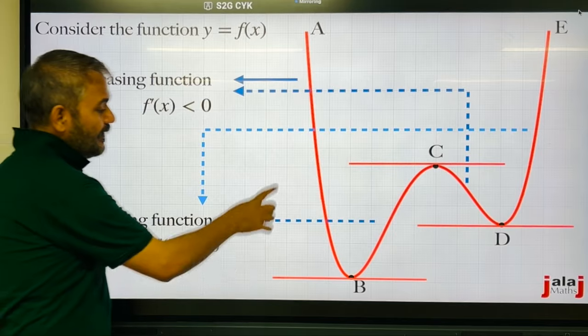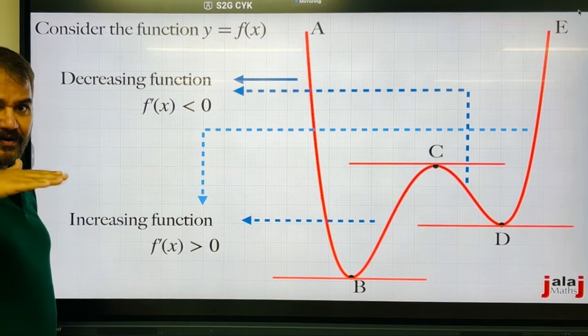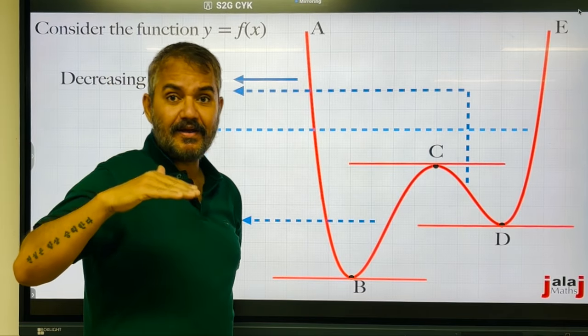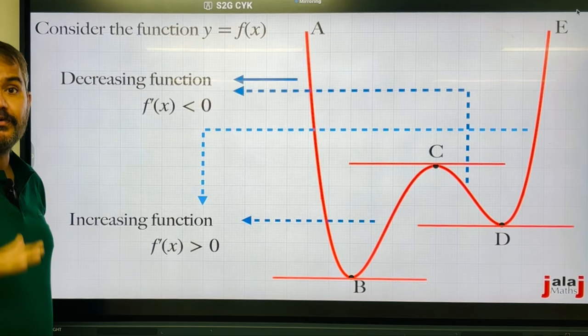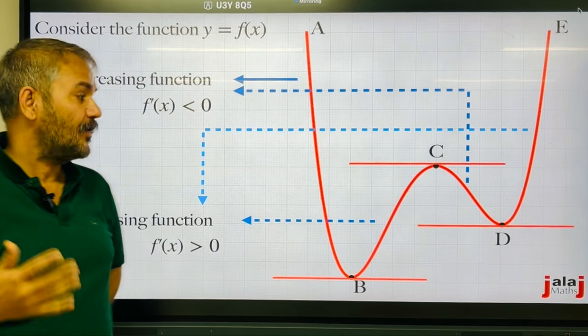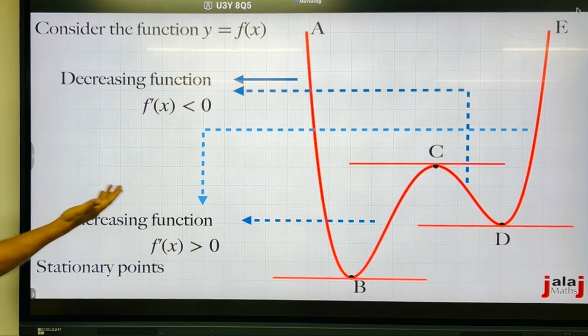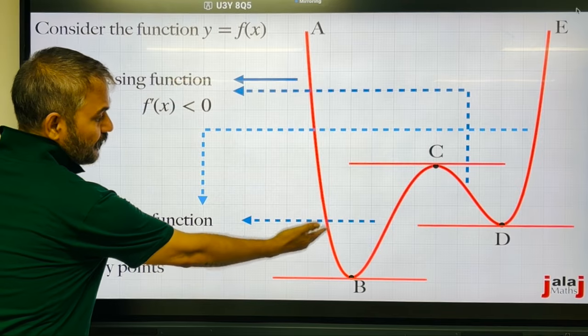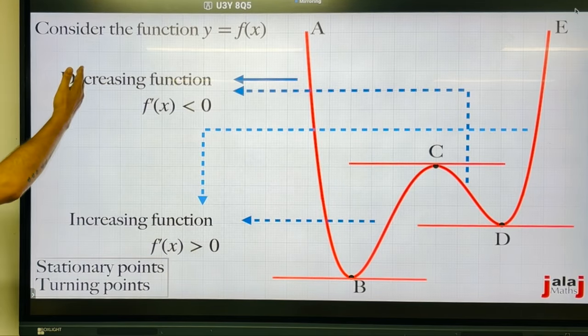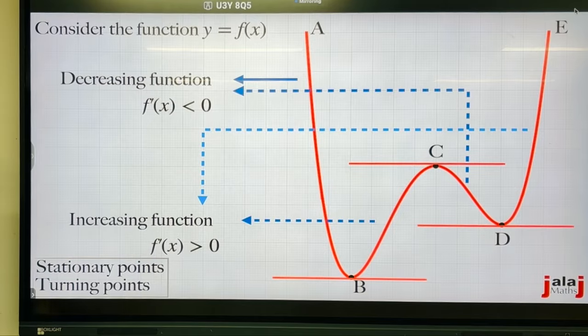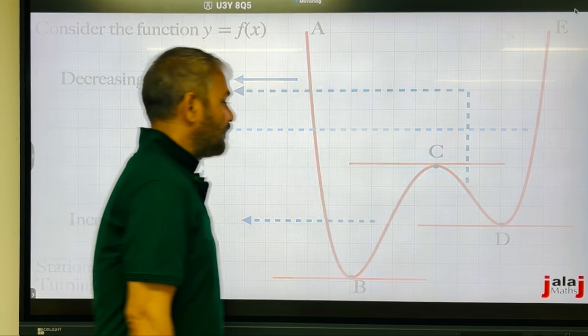Also, dy by dx at these points is 0, and dy by dx means differentiation, which means change. So there is no change, so these points are stationary points. So another popular name for these turning points or vertices is stationary points. So this was decreasing, increasing functions and turning points. Moving further,